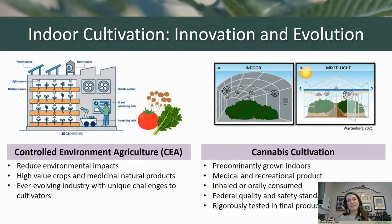But because cannabis is still federally illegal, there aren't any federally established quality and safety standards for cannabis cultivation. To compensate, cannabis products don't go through very clean environments with indoor cultivators keeping sanitation records and HACCP plans, as other indoor cultivation or manufacturing has to do. Instead, what the cannabis industry relies on is rigorous testing of cannabis